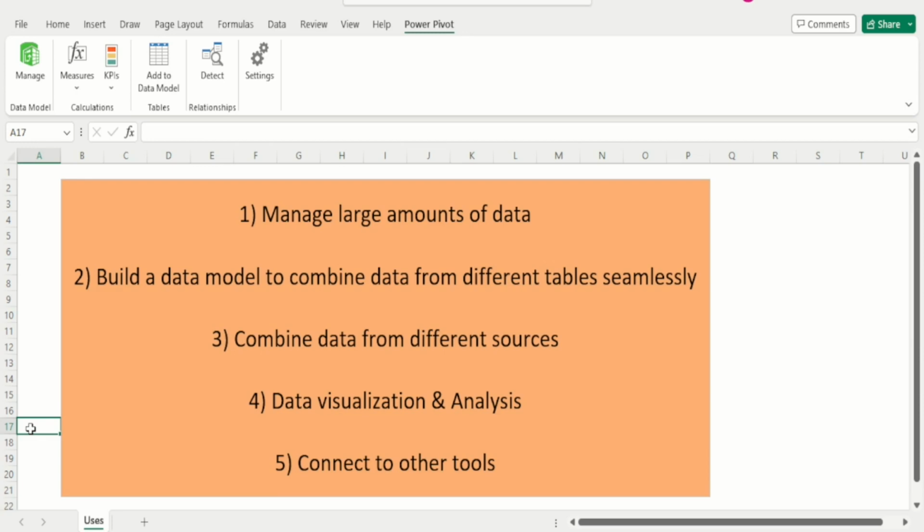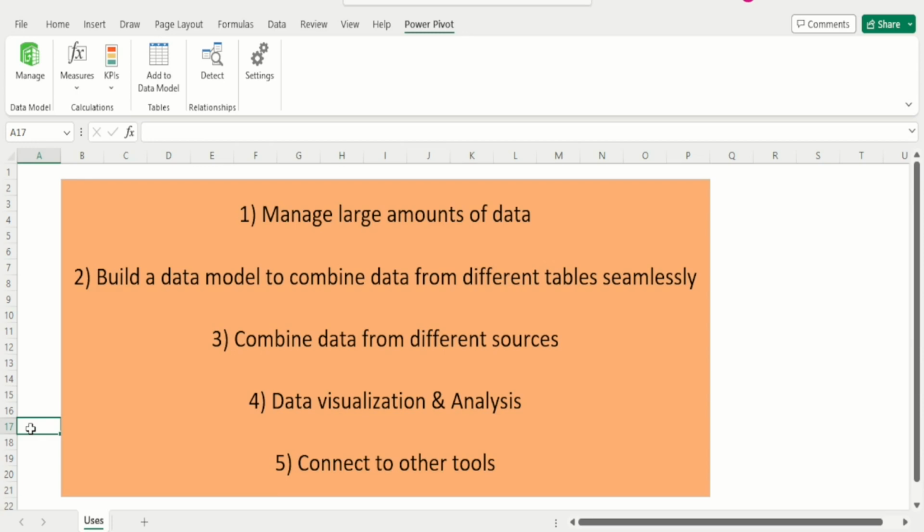So let's begin. The first order of the day is to understand why we should use Power Pivots at all. After all, don't pivots already give us enough capability in terms of looking at data and analyzing it? Well, there are several reasons why Power Pivots should be explored. As you can see on the screen, these are some of the important pointers for trying to understand and